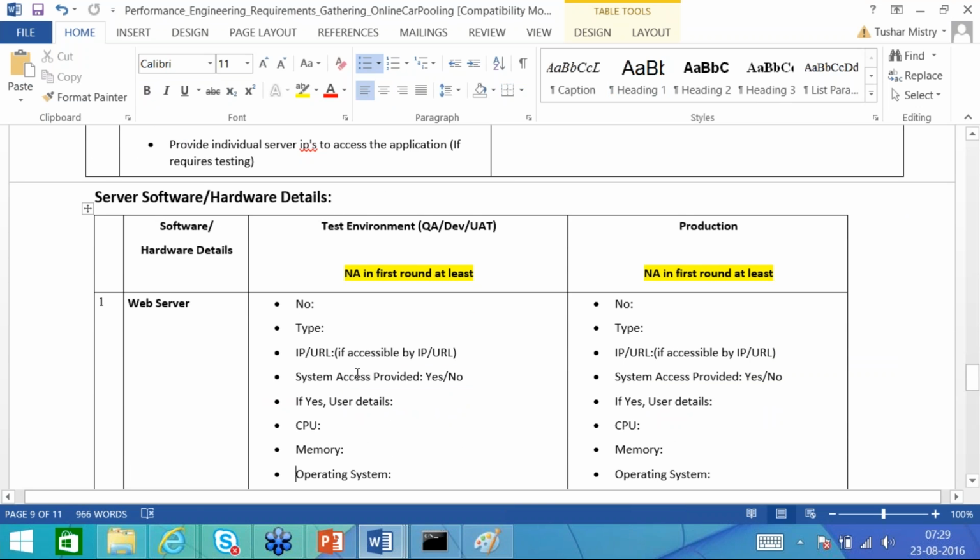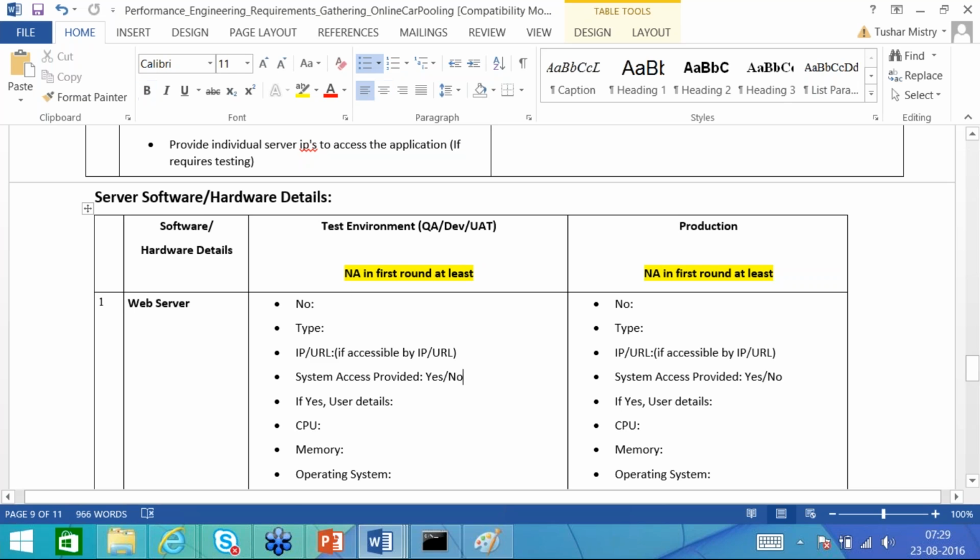Next is server software and hardware details. This is not that important, but if we are monitoring our servers, we should understand how many types of servers there are, the number of server types, the system access provided, how many CPUs are used, and how much memory is allocated, for both the test environment that we are using and the production environment.